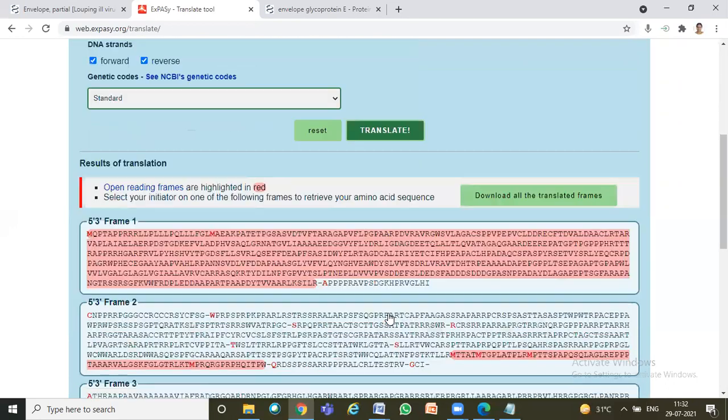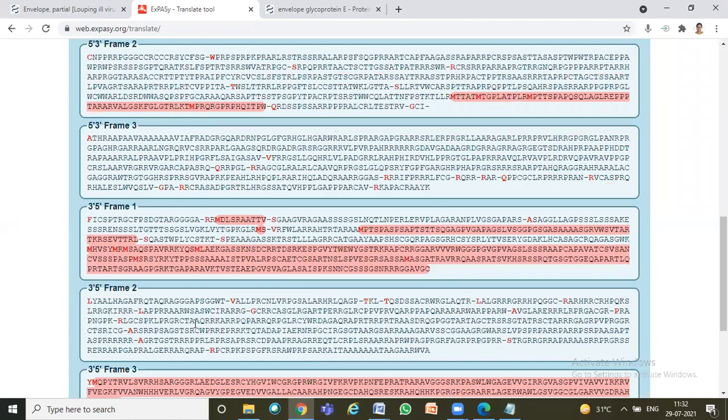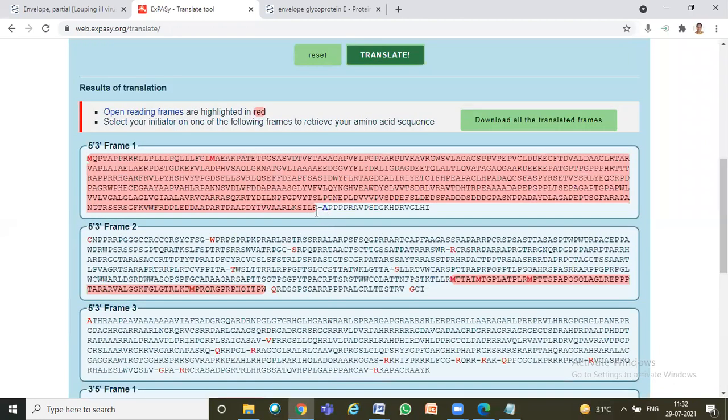tool. Yes. So here you get different frames. Again, this is another story. We will talk about it. So in different strands, you will get different frames, and you have to choose the lengthiest one. Lengthiest one you have to choose. And how it will translate,